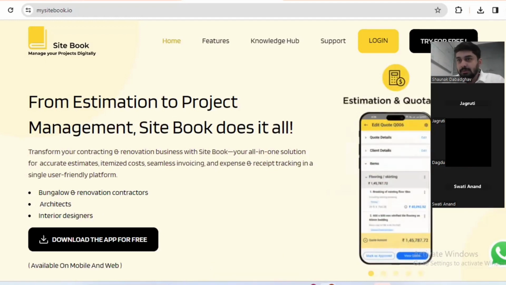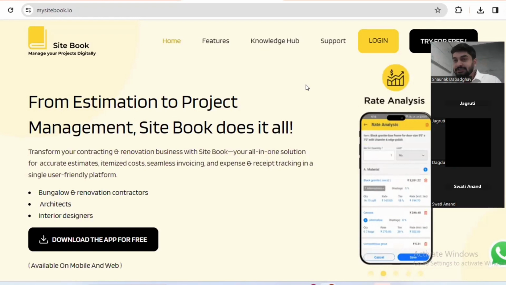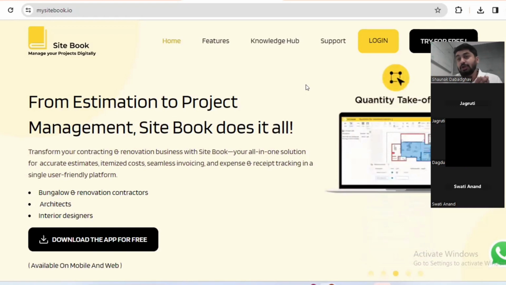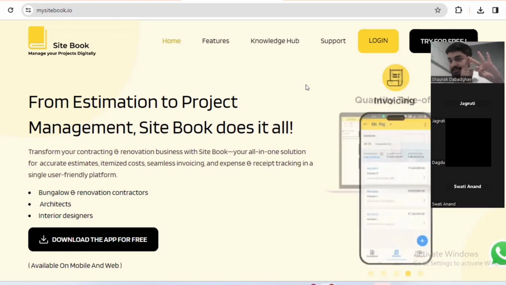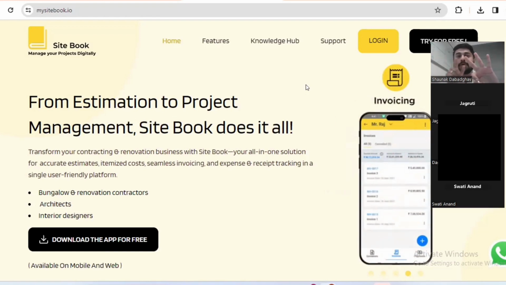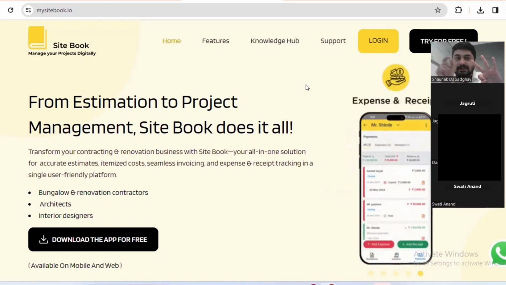My name is Shaunak Dabadgaon and I will be conducting the training session. This will be a training session on how you can use Sitebook. There are a lot of things within Sitebook. The main three modules are quotation and estimates, invoicing, and expense tracking. But we will be discussing a few things about quotations and a few things about expense tracking in today's session